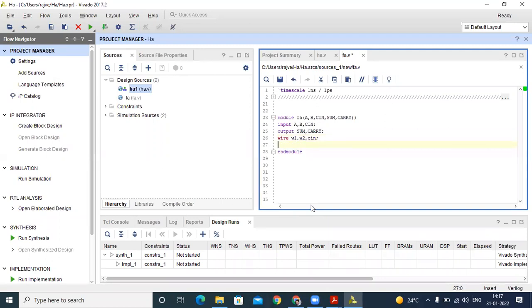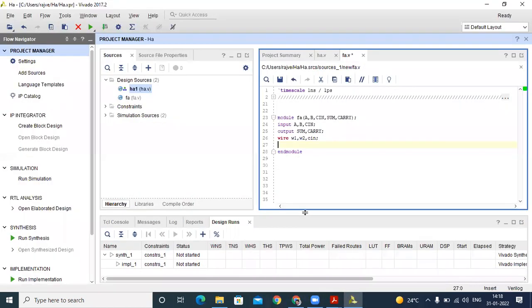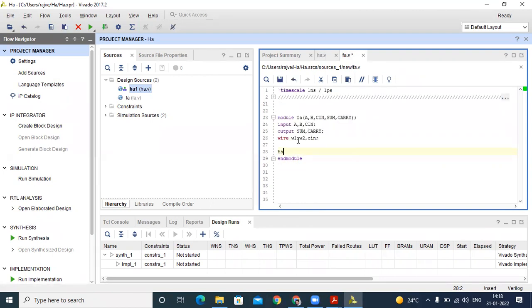Then after, how do we call our half adder? It means how to call this module within our top module. What is the half adder name? HA. Our half adder name is HA. So how do we call it? We call it by the same name, half adder. After that, we put our instance name. You can write anything. Suppose I write half adder underscore first. It means the first one.